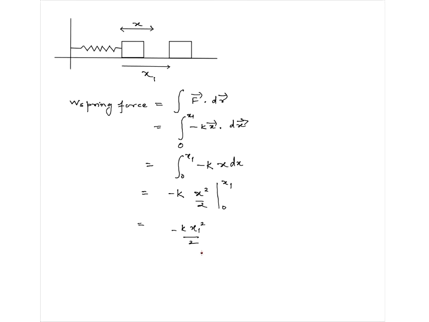Now here I must say that when I say F is kx, then it means that x is either the elongation or the compression. So it means that this is the natural length that we have considered. Only if this is the natural length can one say that F will be equal to minus kx. If the length is not natural,